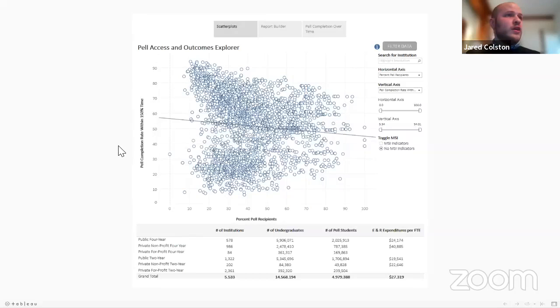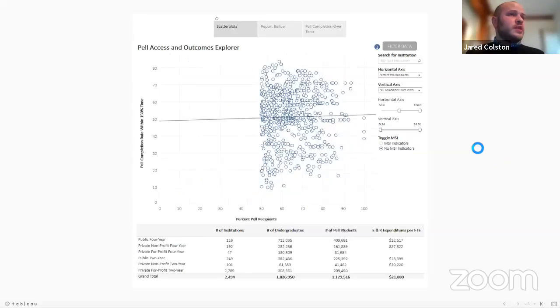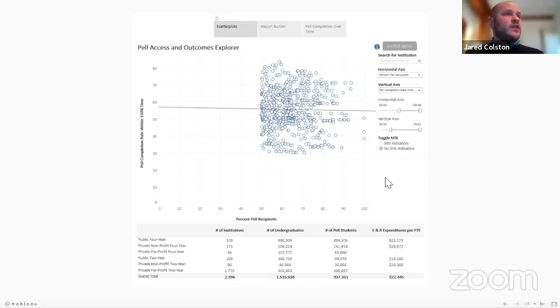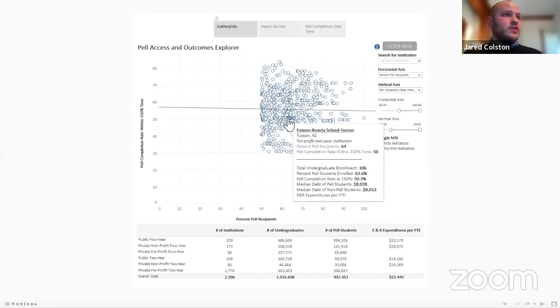And so what we could do here is determine a threshold and adjust this dashboard. Say we're interested in institutions that only enroll at least 50% Pell, and it trims the data. Then we wanted to say only institutions that graduate at least 30% of those Pell recipients. So now we have this sample of institutions that meet these thresholds, and we can hover over institutions here